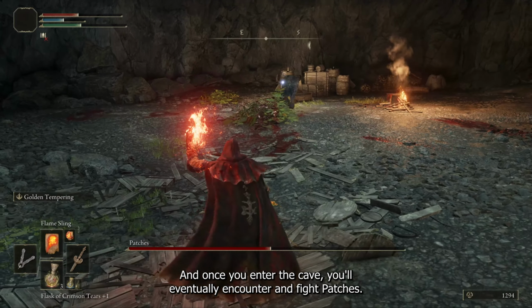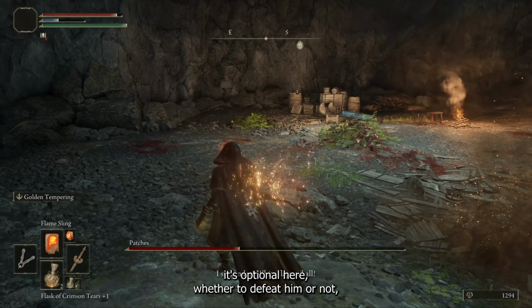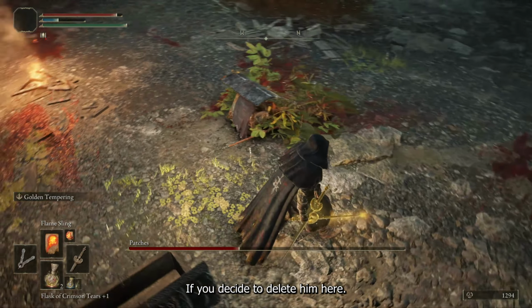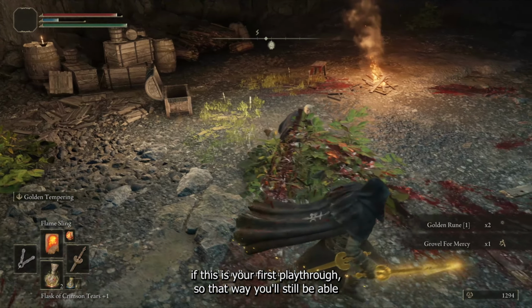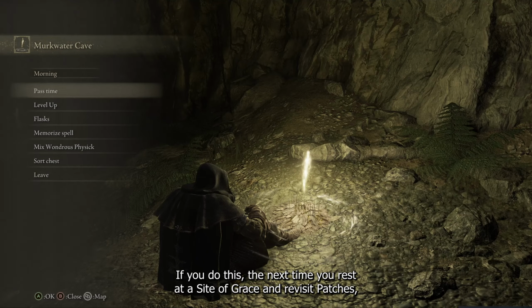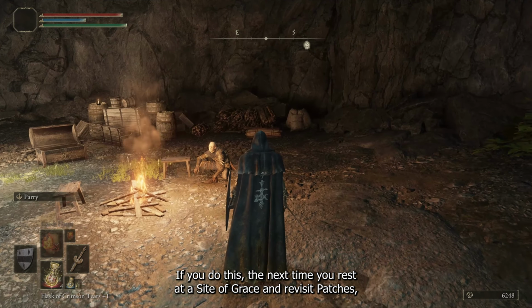And once you enter the cave, you'll eventually encounter and fight Patches. It's optional here whether to defeat him or not, but keep in mind that you'll still have access to the items he sells if you decide to delete him here. However, I'd let him live if this is your first playthrough, so that way you'll still be able to go through and experience his entire questline. If you do this, the next time you rest at a site of grace and revisit Patches, you'll be able